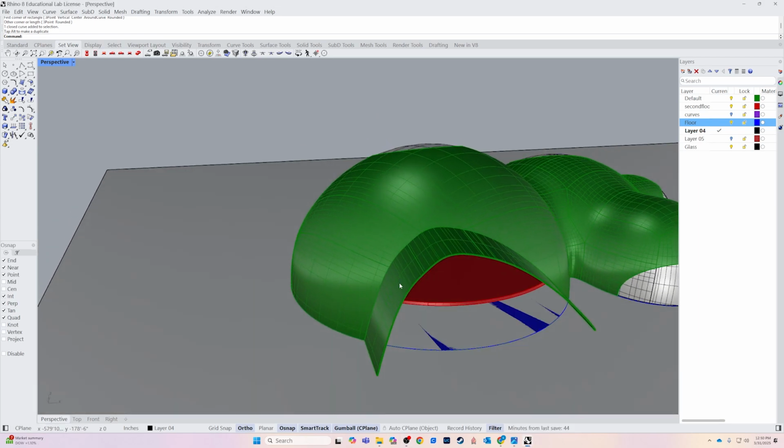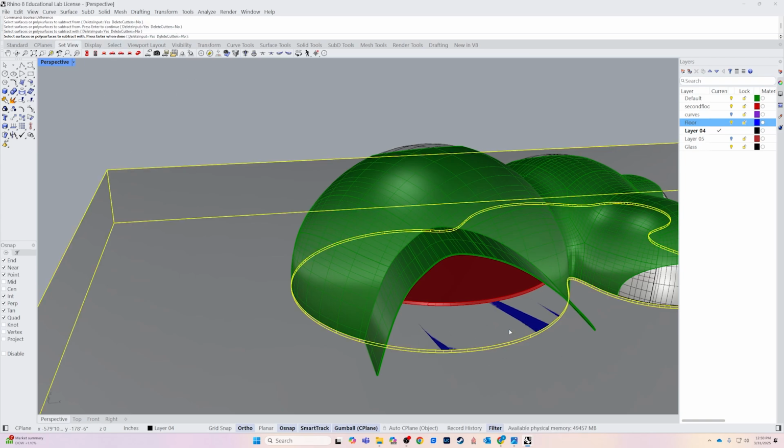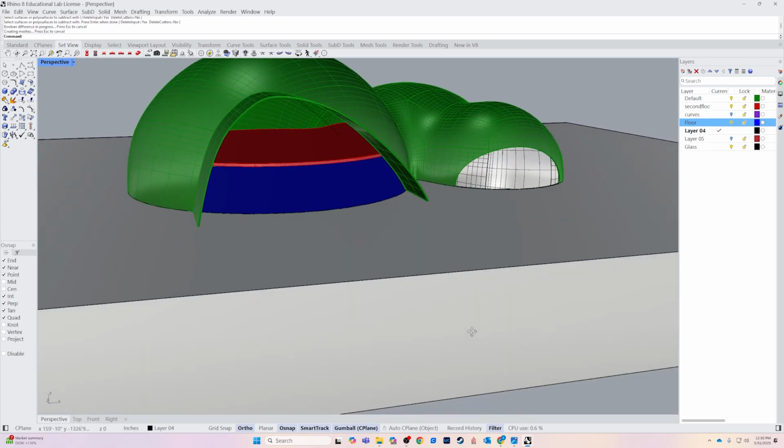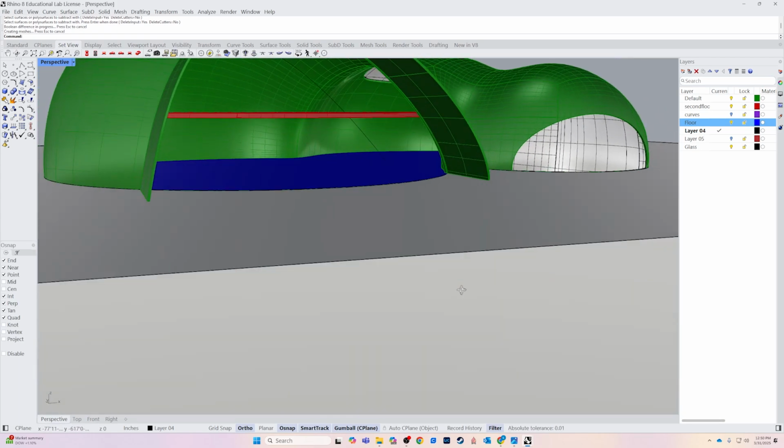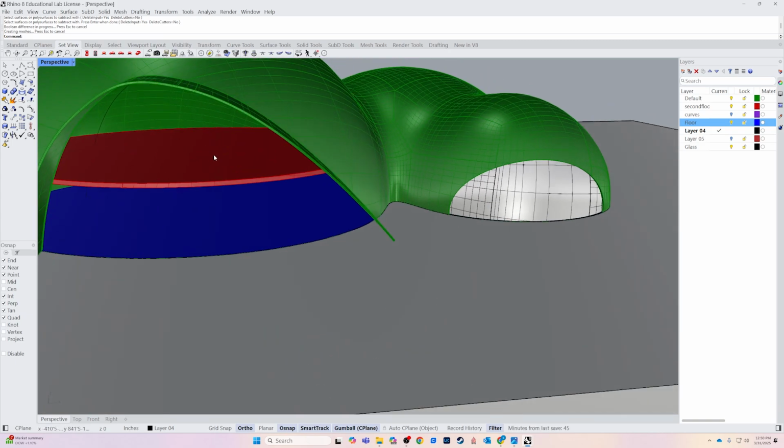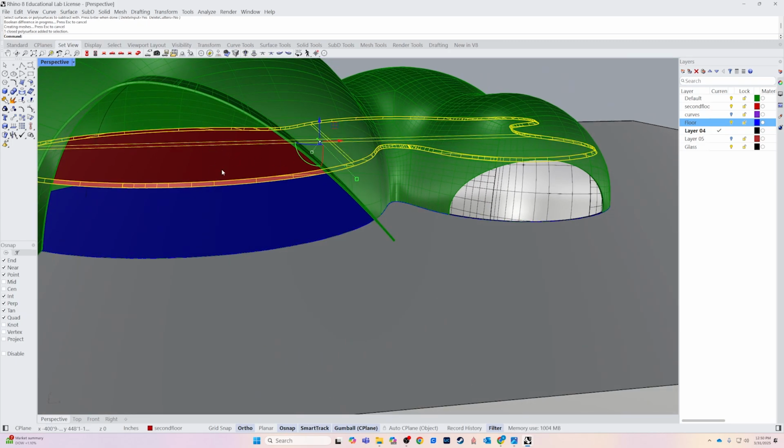All right, so Boolean difference. Delete cutters is set to no. I want to subtract from this, enter this, enter. So now you can see that blue is nice and crisp and clean. Cool. So next thing I'm going to do is I'm going to start playing with the shape of the